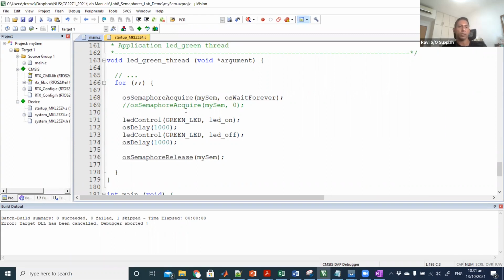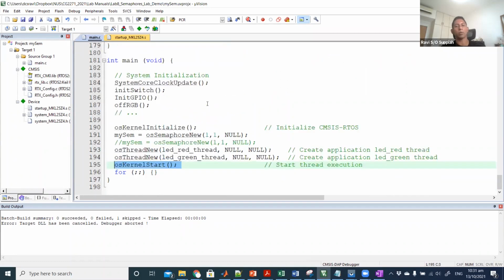Okay, like in your robot, for example, when it moves a certain distance, then I want the LED to light up, or when the LED lighting up finishes, then I play a sound or something like that. So you want some tasks to synchronize with each other. That is one thing that you can achieve with a semaphore. All right, so what we're going to do is for osSemaphoreNew, the maximum count